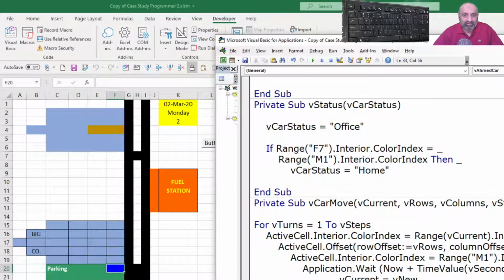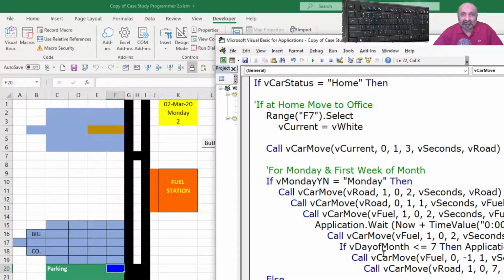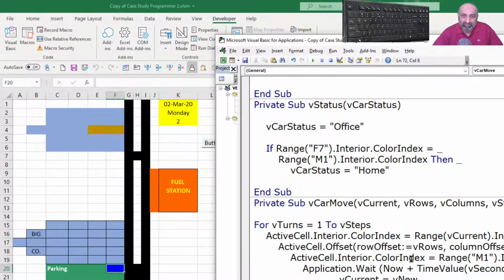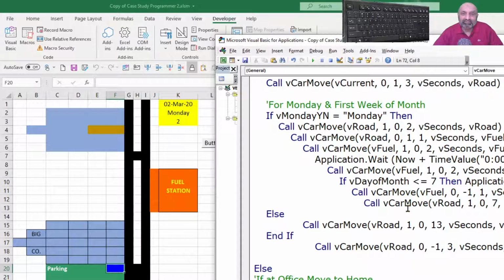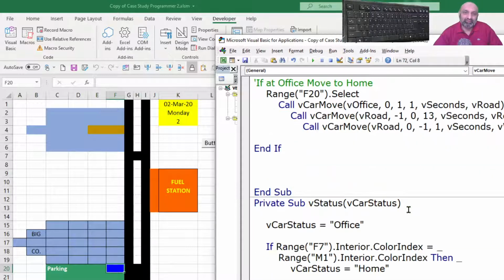Great. So let's look at our code once more. The code is 72 lines. It was 120 plus when we did it through GoTo, right? So we have shortened our code. We know we have these calls and we know what is happening. And this is how modern programming is done.